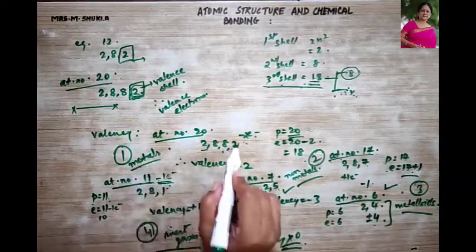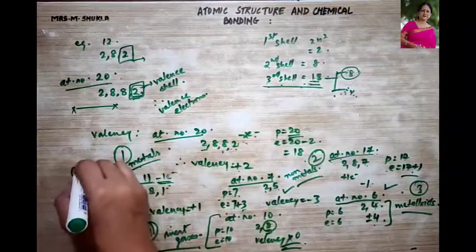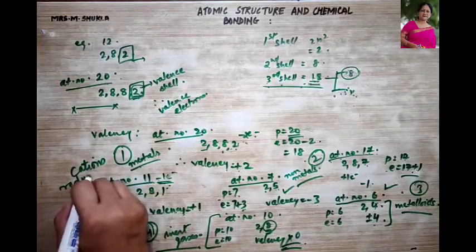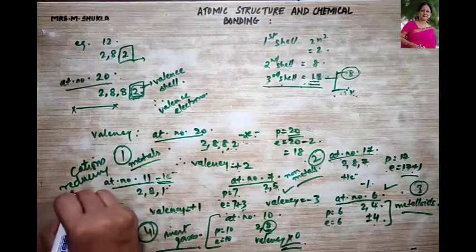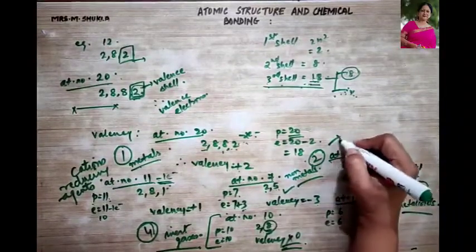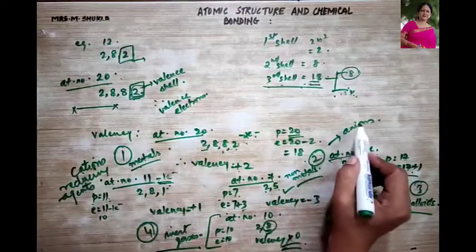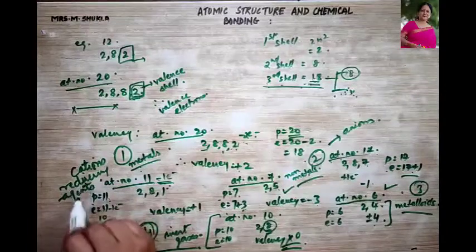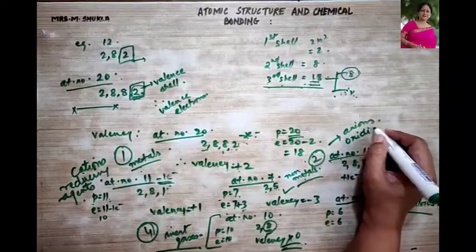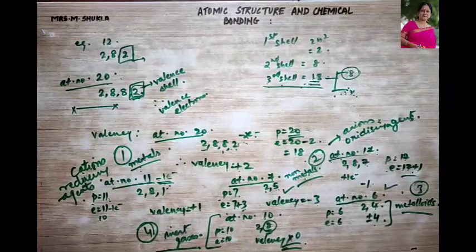Now metals which lose electrons, therefore they form a positive charge over them, they are also called cations. And they are good reducing agents. Clear? Whereas non-metals which accept electrons form anions. So metals form cations, and non-metals form anions. Metals are good reducing agents, and non-metals are good oxidizing agents. Is this point very clear?